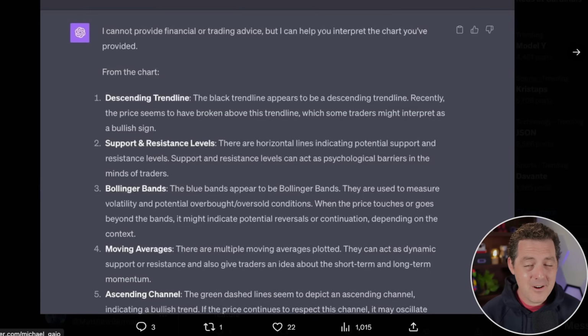So that's it. I don't have access to ChatGPT with Vision yet, but as soon as I do, I'm going to make another video and I'm going to test it extensively. I really think that this is amazing and I can't wait to see what you all build with it. People have just started playing around with it and already the use cases are fascinating and provide a ton of value.